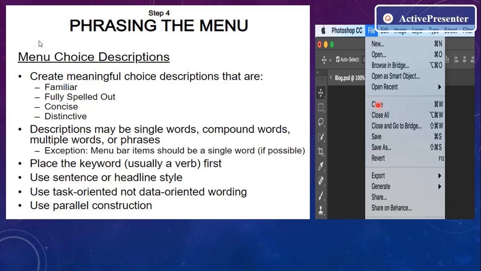Instead of writing this close as a menu choice, if you are using something different, then it may lead to confusion among the users, and they may not be familiar with what exactly the task does. So that's why it is better to choose highly imaginable keywords like close, new, open, save, or share.